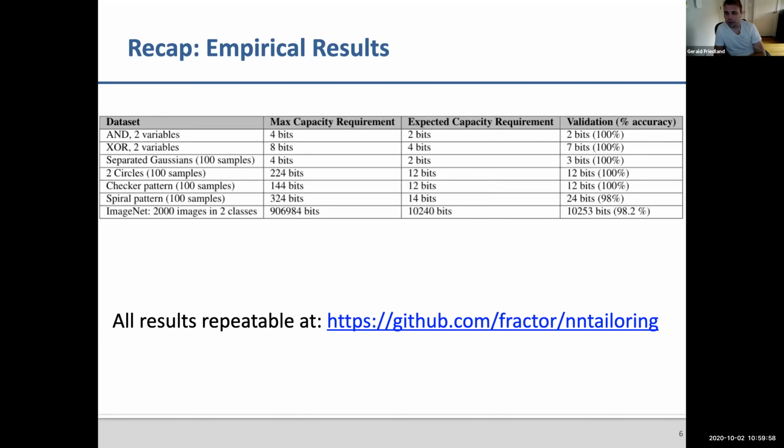And that just told me that the expected capacity, taking the log of that maximum dump network, actually worked pretty well. And we tried a bunch more examples, obviously, after that paper. And again, this is now implemented as part of the commercial product. So it freaking works. Again, if somebody could prove that, that would be really nice. But sometimes you've got to just go with heuristics. But all these results are repeatable for you on this GitHub, and I actually encourage you to do so, because you probably will need some of these tools for your project, so you can actually measure stuff.